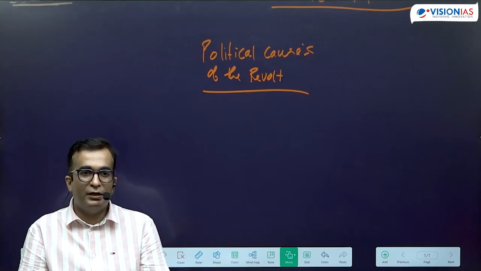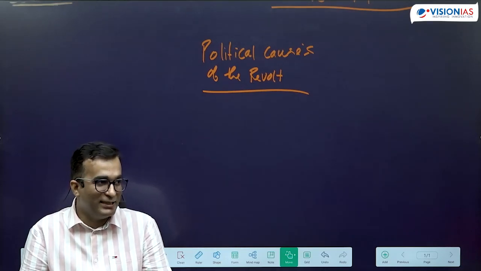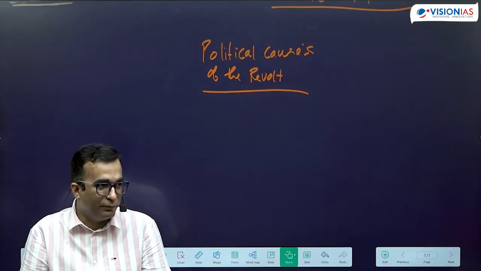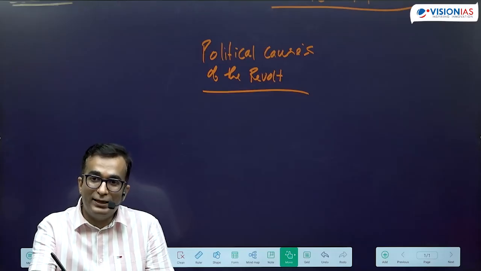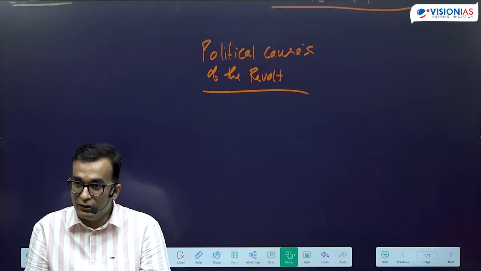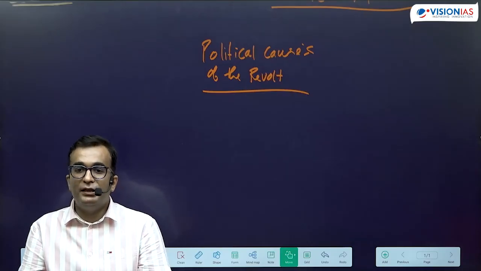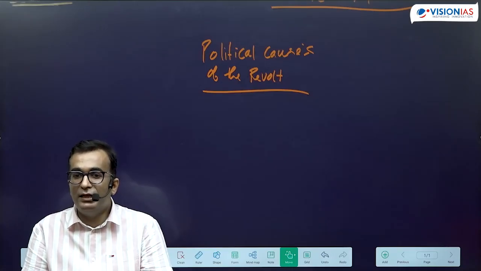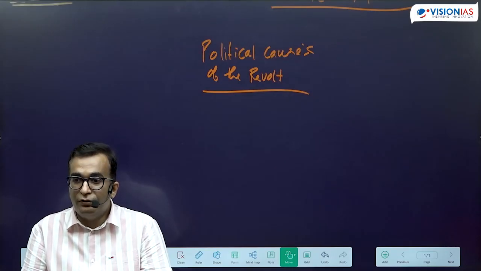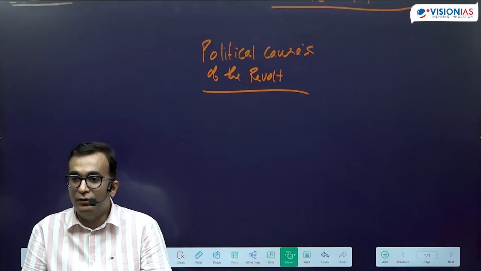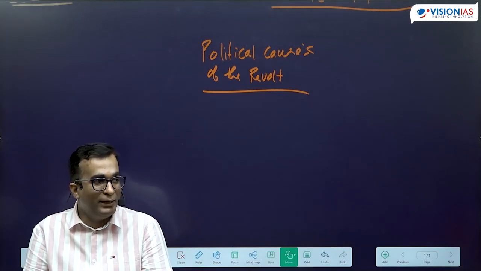Then inspired by him, Wellesley came to power in 1798, and he came up with the subsidiary alliance system. So the first policy was effective control, and the second is the subsidiary alliance system. And we know that in the subsidiary alliance system they wanted to establish British paramountcy in India, and at the same time Indian powers were reduced to subjugate powers. Okay? Their sovereignty was usurped and their complete independence was not there. So they were not completely autonomous.